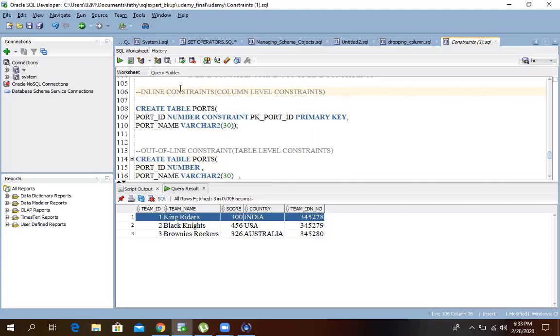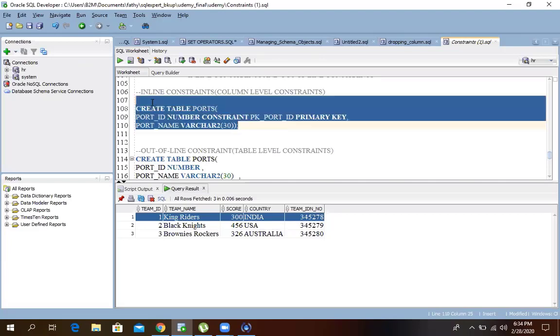So what is the inline constraint? Here, while declaring a column name itself, immediately we give the constraint information. Just read this whole three lines. Create table ports with port ID, constraint PK port ID primary key.